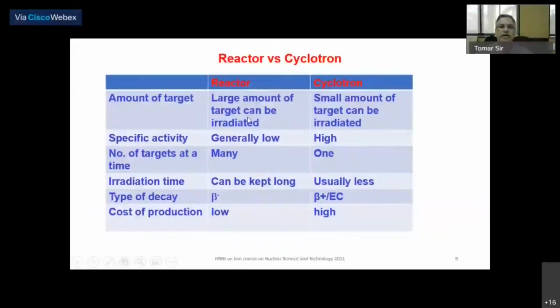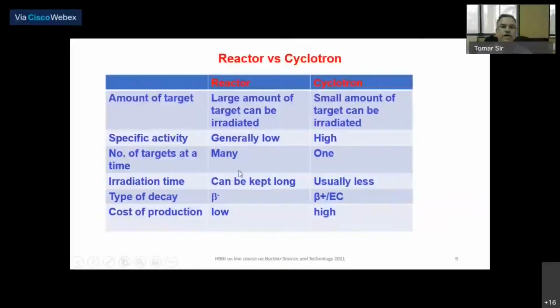The specific activity in the reactor is generally very low, because you get the isotope of the same element. So you have a lot of carrier stable isotopes there. So low specific activity. Whereas in a cyclotron, you produce a different element which you can chemically separate, and therefore the specific activities are quite high. You get almost carrier-free radioisotope. So whenever you need a carrier-free radioisotope, you have to go for cyclotrons, or even in reactors, there are specific routes. As I discussed the other day, you can produce some of them here.